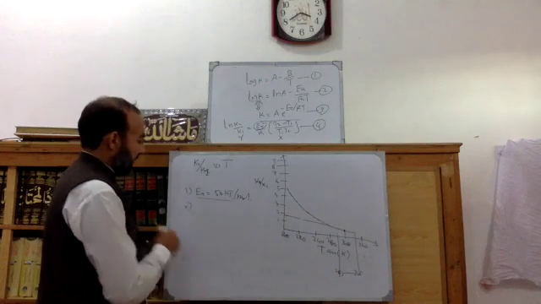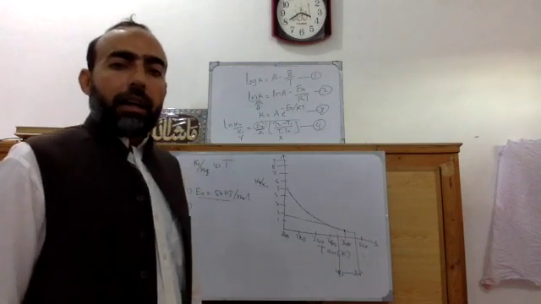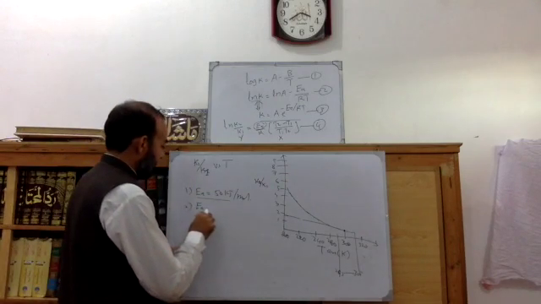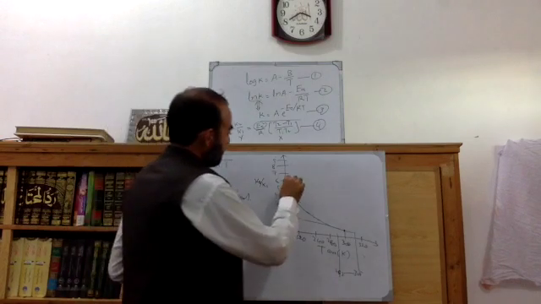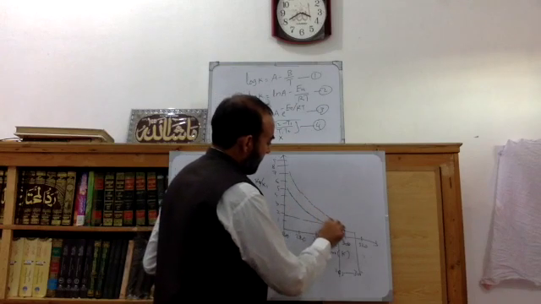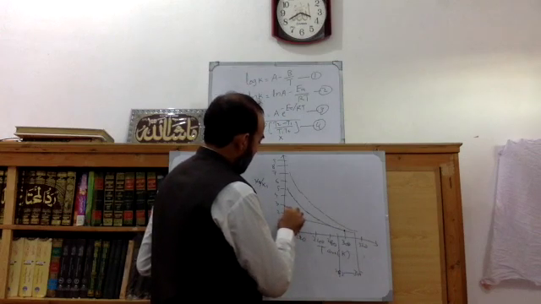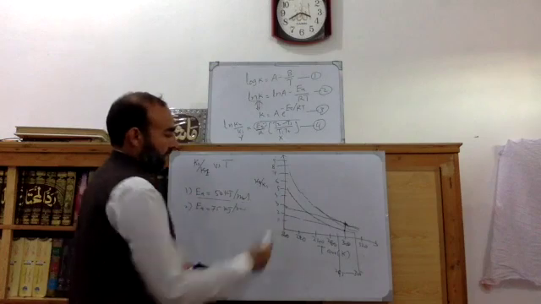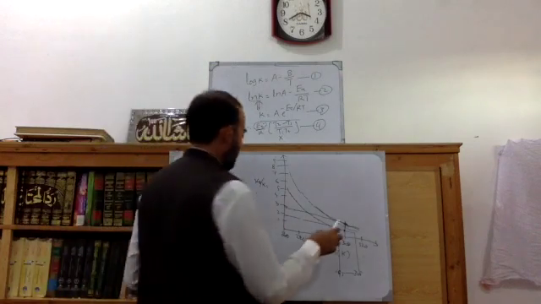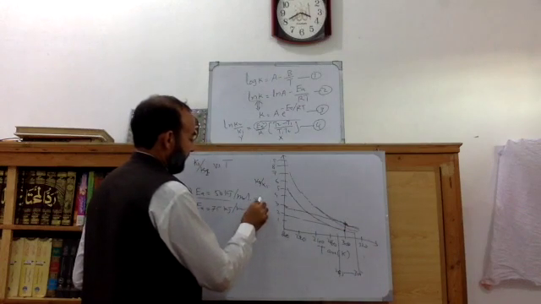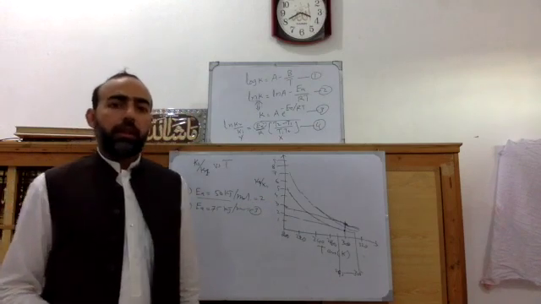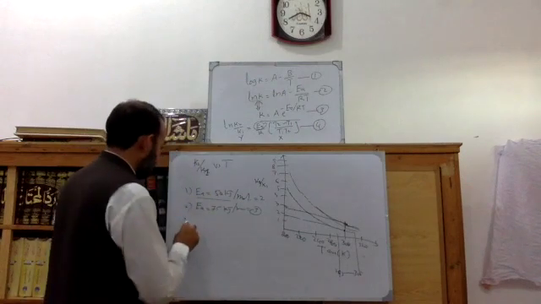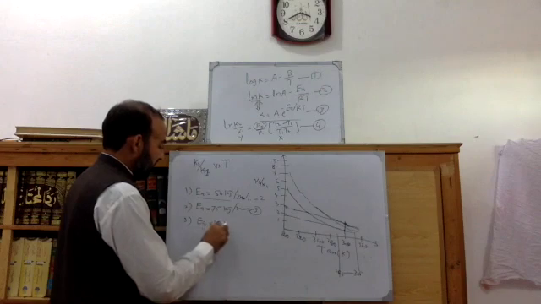Now if we want to study a different fixed activation energy, the ratio of the two rate constants against average temperature, that is another fixed activation energy, 75 kilojoule per mole. So if you plot, this plot will look like here, and the ratio measured is 3 at this temperature. So if we increase the activation energy, for the second case we got 3, and for the first case we got 2. And if we again increase the activation energy and keep that fixed, and want to see the effect of varying the temperature on the two rate constants, that is we increase the activation energy and fix it to 100 kilojoule per mole,